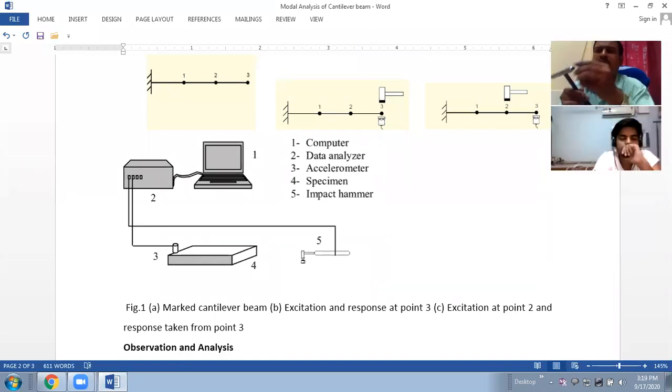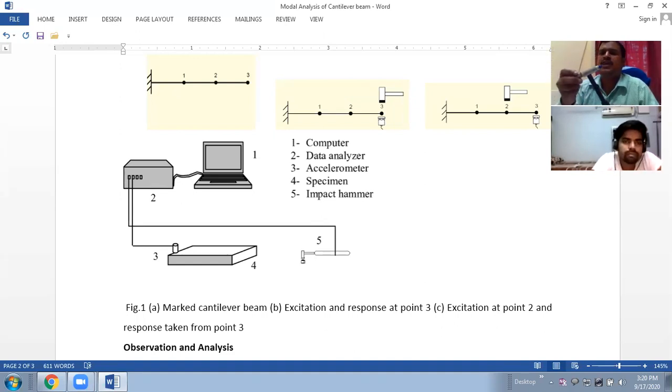Okay, so here is the tip. You can see that it is having a rubber tip. The tip can be changed, and accordingly the excitation frequency can be changed, isn't it? If you hit the same structure with a hard object, you will get a different noise. If you hit the same object with a soft material, then you will get a different excitation or noise. So the same principle is applied here. In order to excite the lower frequency, I'll use rubber here. Then there is a weight here of 250 grams just to give impact.